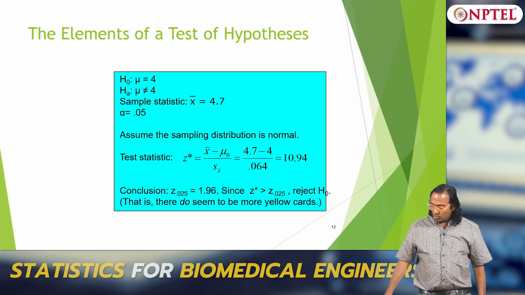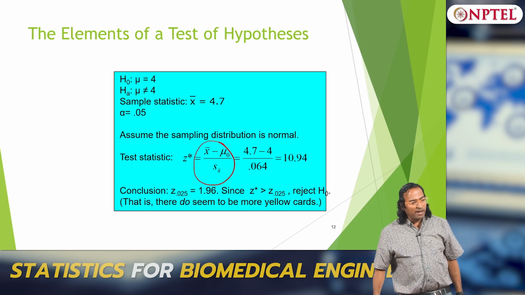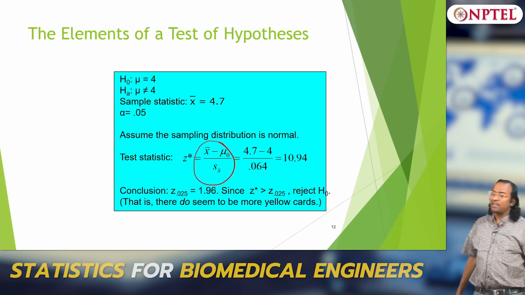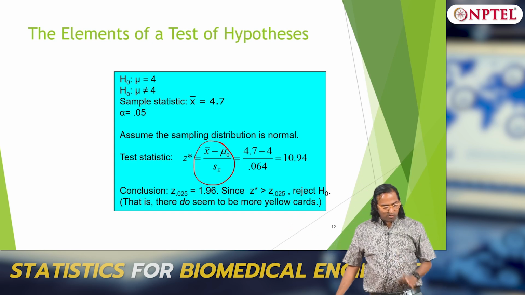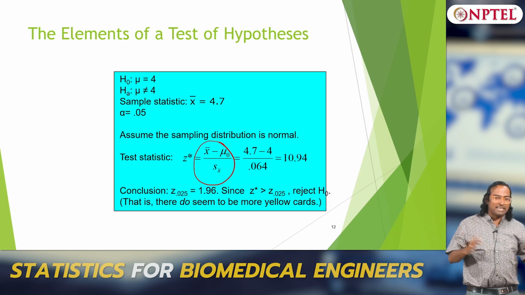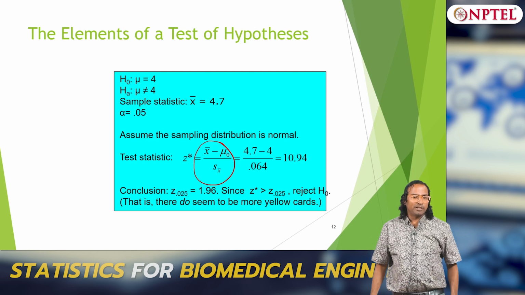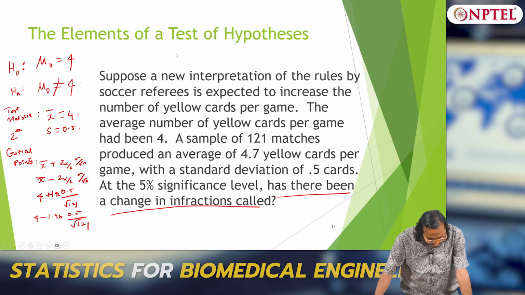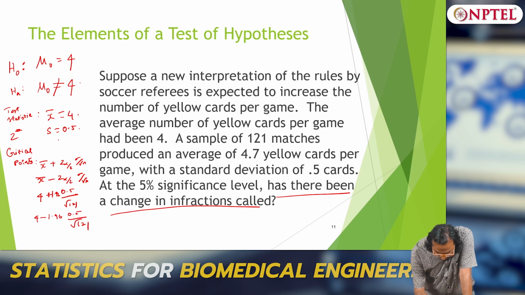Your X bar also has to be normalized, made into standard normal. So that is where you do X bar minus mu naught. Mu naught is my status quo, that is where the comparison happens. X bar minus mu naught by S of x bar, which is given as 0.5. So now you have the test statistic value. Now is this test statistic beyond the region? Of course yes, it is beyond Z alpha by 2. So this is what it is. In other words, critical points is this, right. So now you compare, you rearrange this.